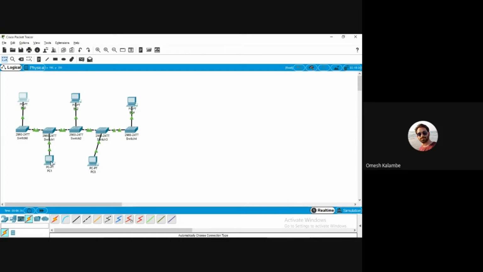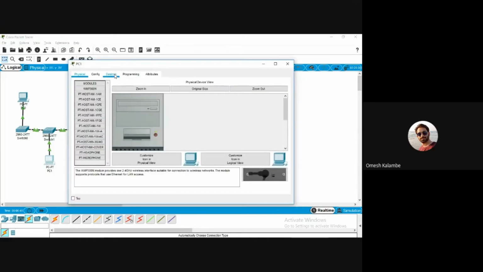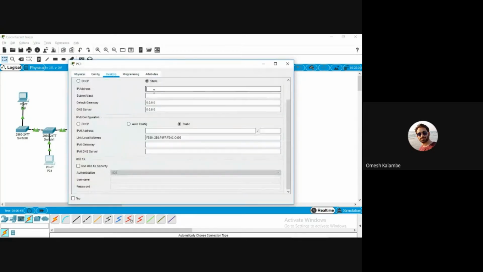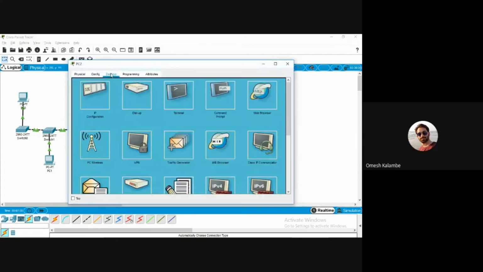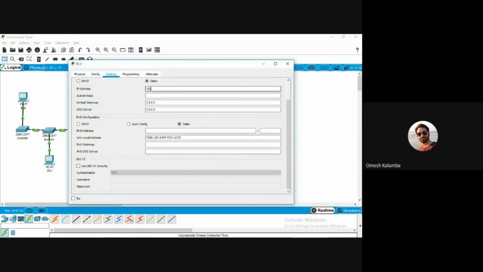Next we have to assign the IP address to PC1. Click on it, go to Desktop, IP configuration, and assign 192.168.1.2, with the default subnet mask and default gateway 192.168.2.1, and close it. Next PC2, 192.168.1.3, subnet mask and default gateway 192.168.2.1.